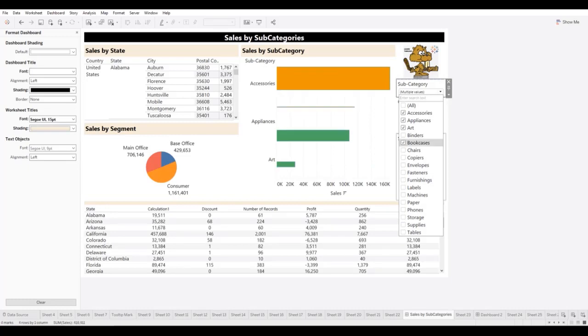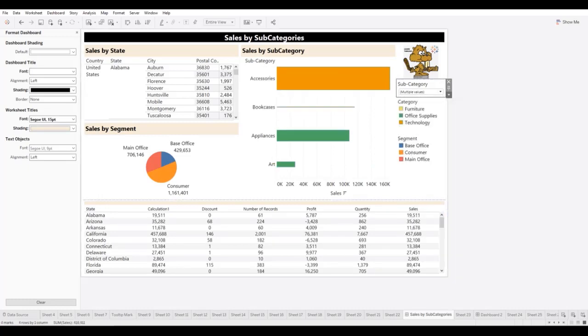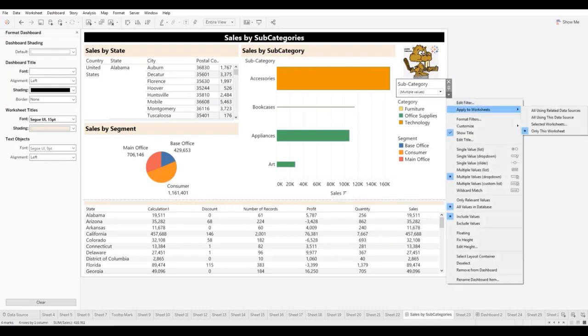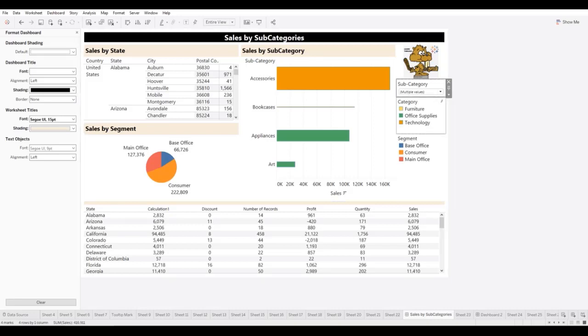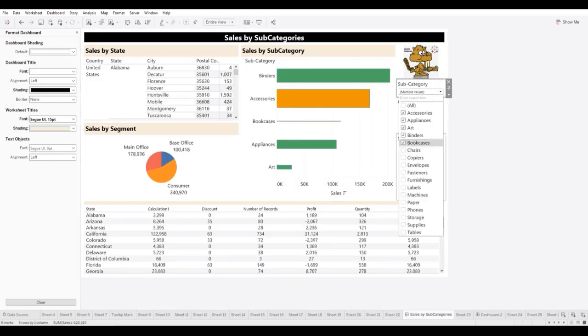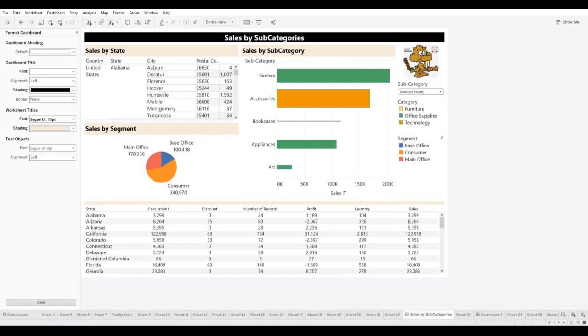And if we want this filter to be applied to the other worksheets, what we would need to do is go to the drop down, go to apply to worksheets, all using this data source. So now, depending on the selection that the user makes, these changes will be reflected throughout the dashboard. So this is how you can perform a cleanup